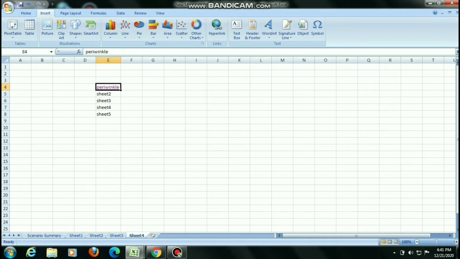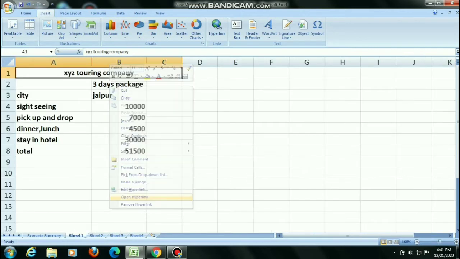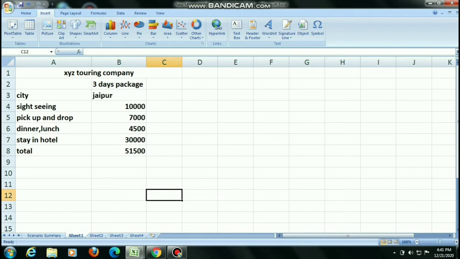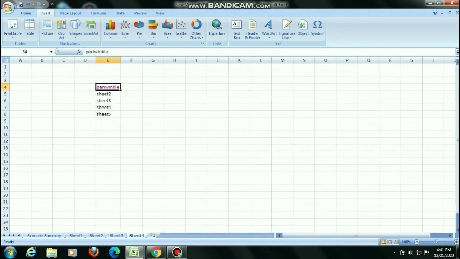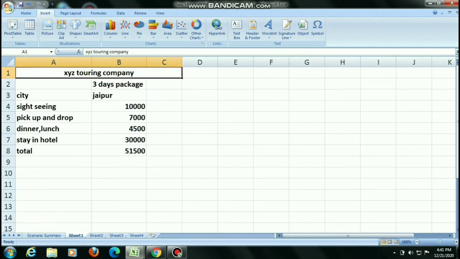Children, here one thing I want to show. I am opening this hyperlink. When I click here, I press Control plus K from the keyboard. You will check the window again. Children, here is Type the cell reference. Here it is written cell A1. When I click on this hyperlink, it will move on to cell A1. How is this A1? You will check the address: A is the first column, so this cell is A1.